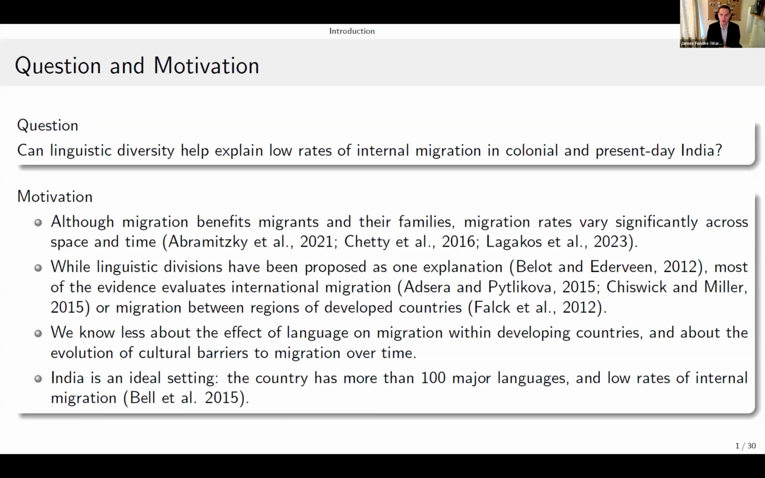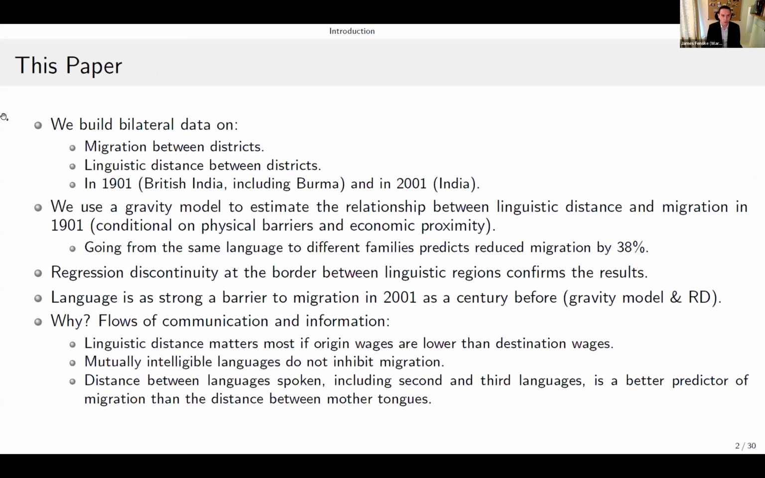And so the puzzle of low migration in India is one worth looking at. So what we're going to do in this paper is build 2 data sets. We're actually going to build like 5 data sets, but I want you to focus on 2 of them at the start. One of these data sets is going to be for 1901. And so what we're going to have is based on the 1901 colonial census that we had to digitize ourselves